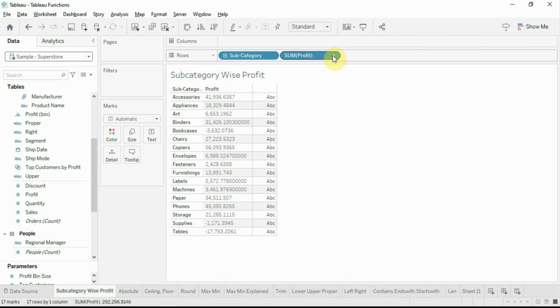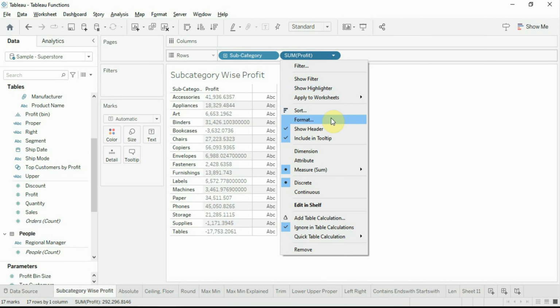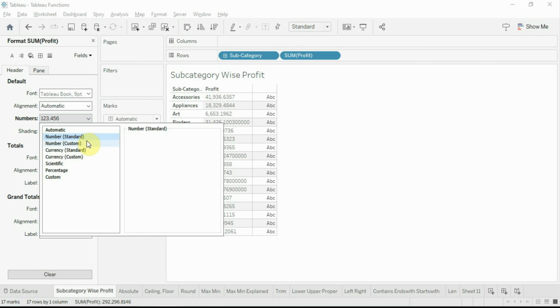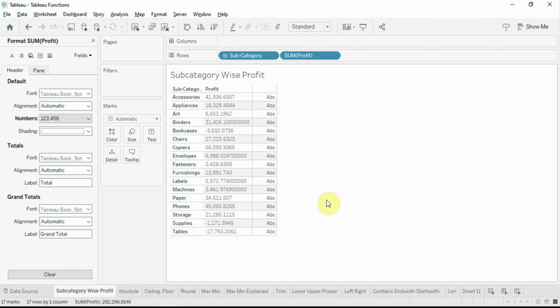One way to format it is by using the format options. But these options are limited. Like we cannot convert values to absolute numbers. Also, we cannot define the method of rounding and many more. So what is the solution? The solution is we can create new calculated field to perform formatting as per the requirements.